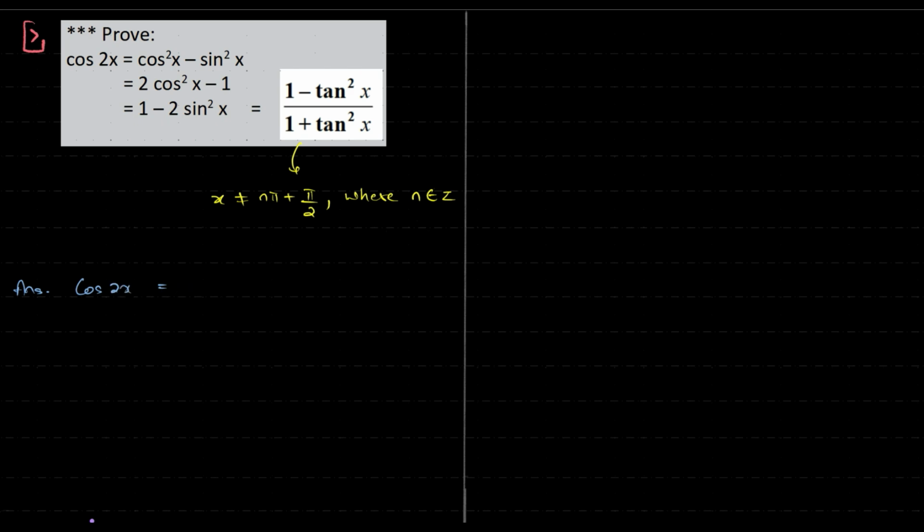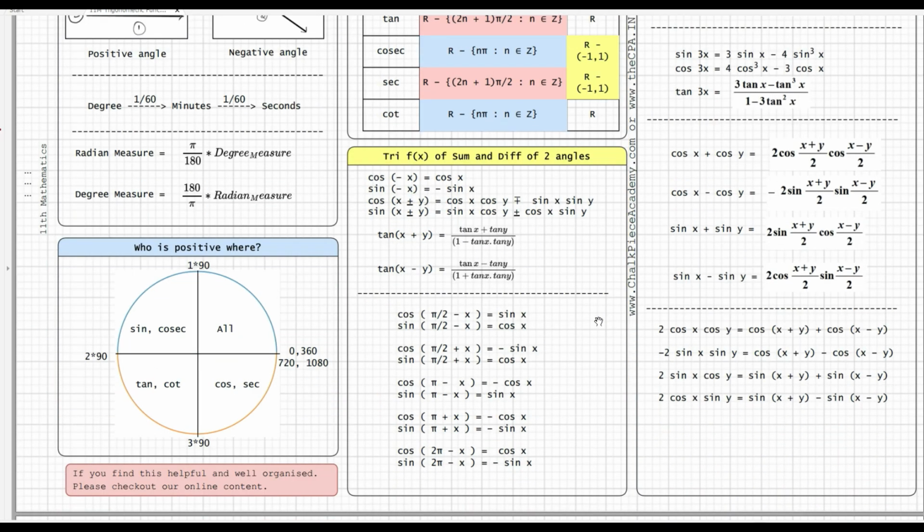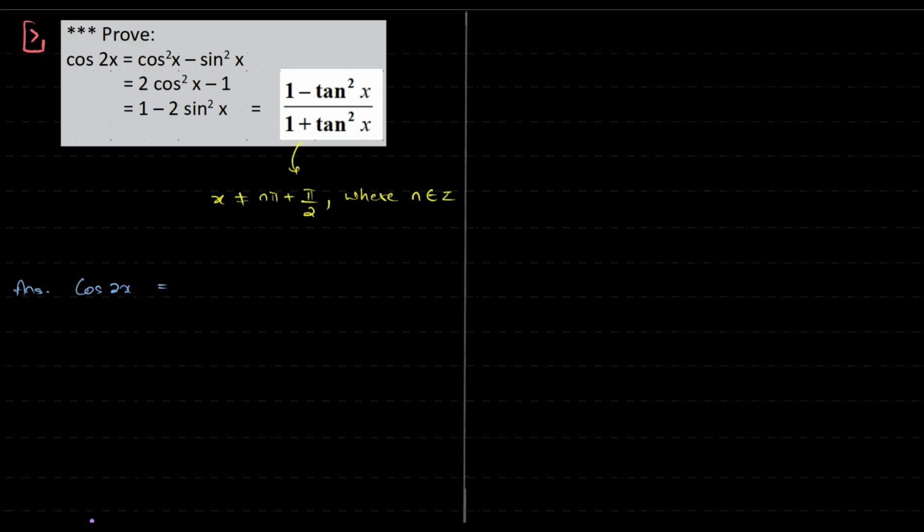So what identity which we already derived can we use to do this question? Search for it. What can we use? We have derived pretty much from here till here. Yes, we can make use of cos of x plus y. That is, I can rewrite this as cos of x plus x. And now I'm going to state, because cos of a plus b is equal to cos a,